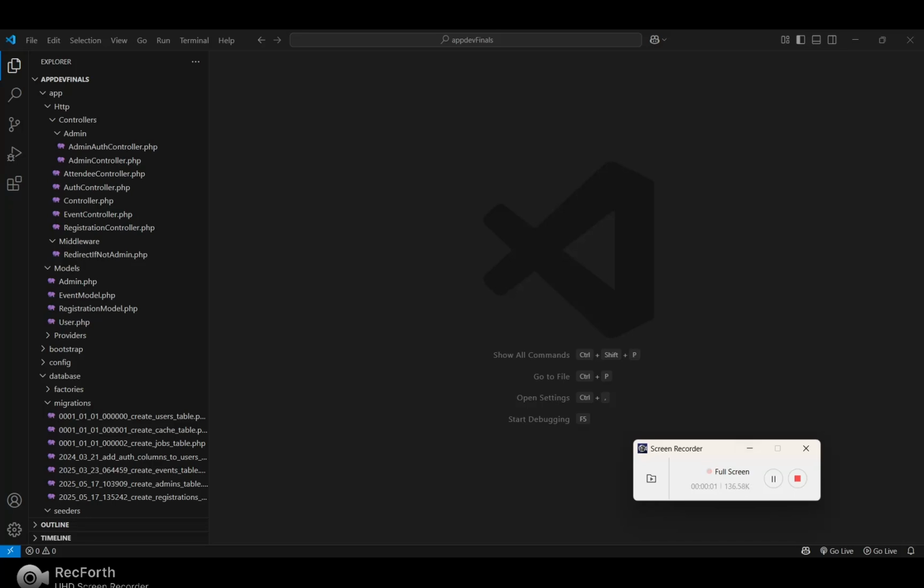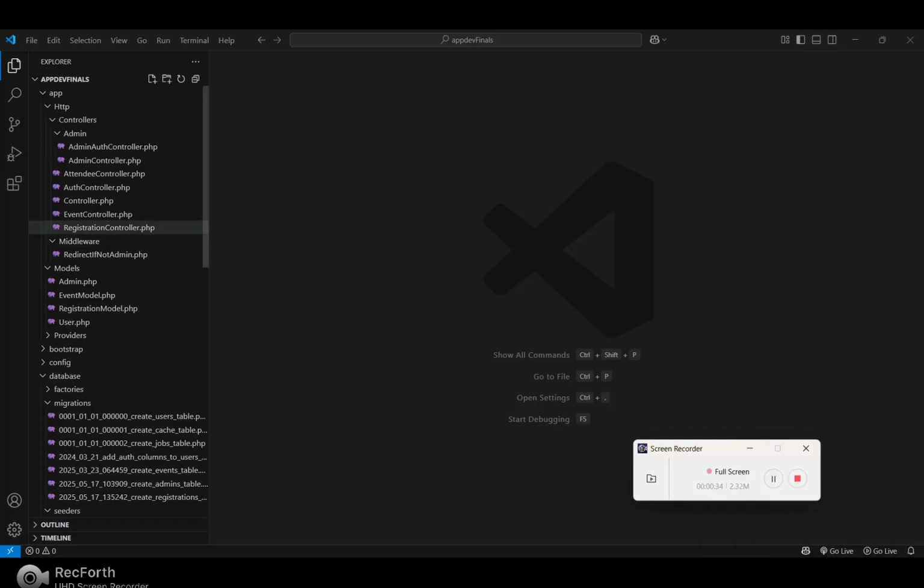Today I'm going to present the LTO4 application development. So this LT says that I need to record a video presentation of my final project demonstrating the use of database seeds, migration, input validation, user authentication, session management, and Laravel Eloquent ORM.